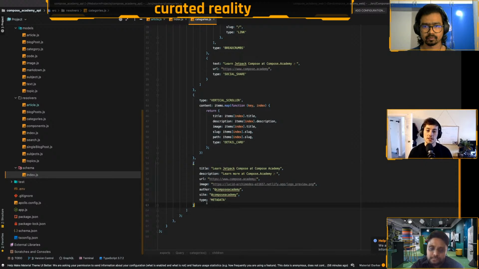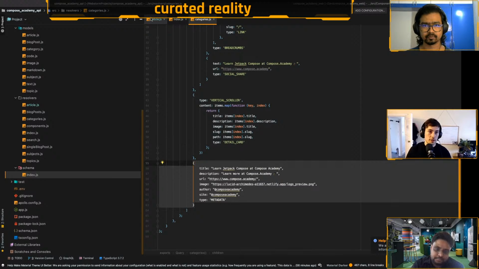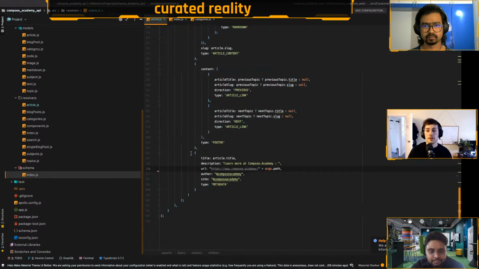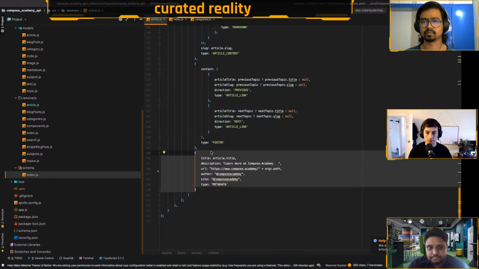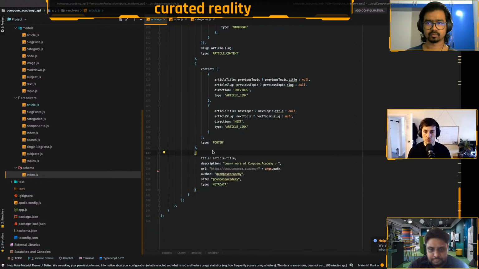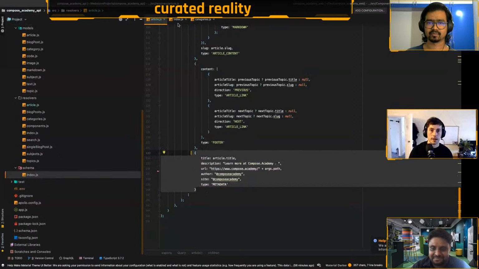So this is being returned on each of these screens. A better example of this is in the article screen, because the metadata is dependent on the article and the article title, which needs to be at the root level of the website. So this has to be returned by the API as part of the dynamic content, which is one of those things where it's like, well, that's not UI. It didn't feel right, but it was also one of those things where I just wanted to get it working. Like I said, that's not part of the design system, but it needs to be done by the API. So that's one of the things where I'm not too sure about that.